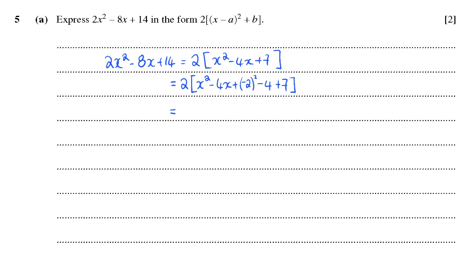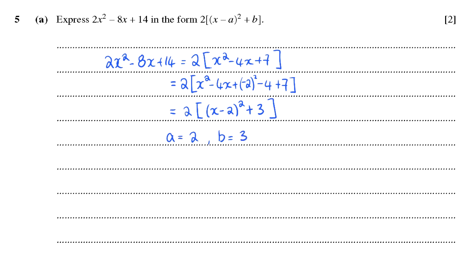Okay, I think one more line is all we need. The x squared minus 4x plus negative 2, and there was a reason why I left it like that, because that brackets just come straight into our completed square, and we have negative 4 plus 7 turns into plus 3. If we want to be really nice, we can let the marker know that we found out A is 2